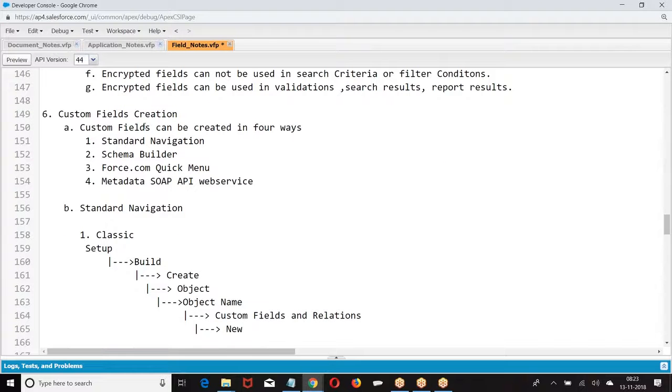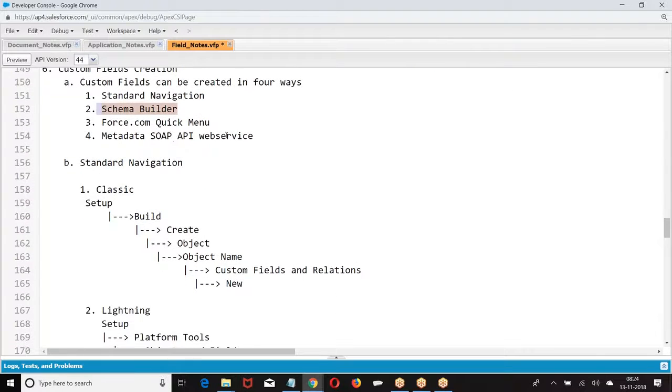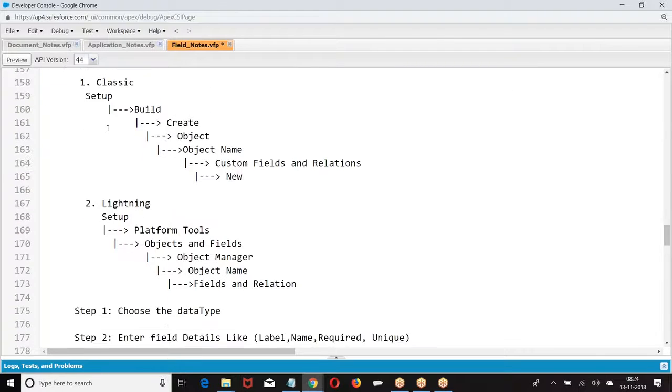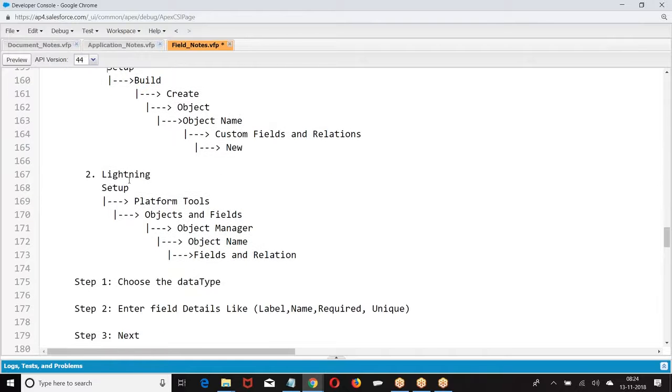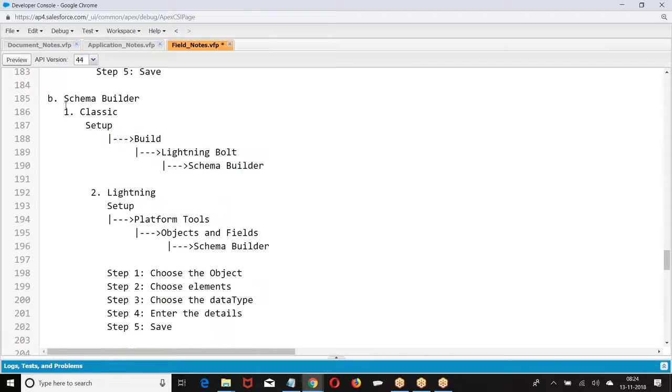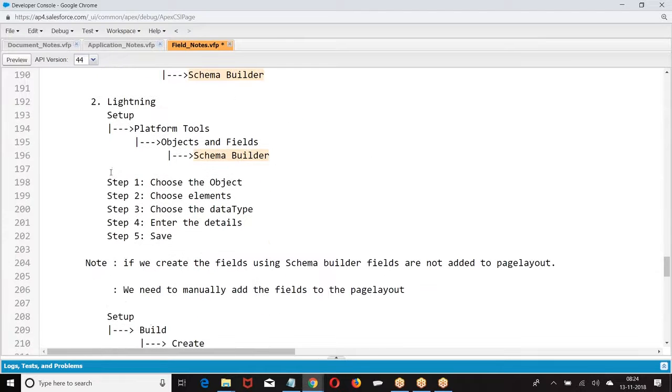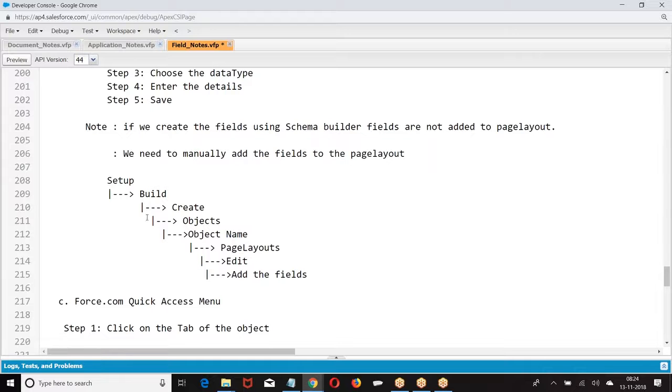Then we have how many ways we can create, standard navigation, schema builder, force.com. When you click on the tab, right side we are getting a menu. Metadata, SOAP API. Standard navigation, the classic, standard navigation, the lightning. Then similarly, schema builder, classic, schema builder, lightning, and force.com quick menu.